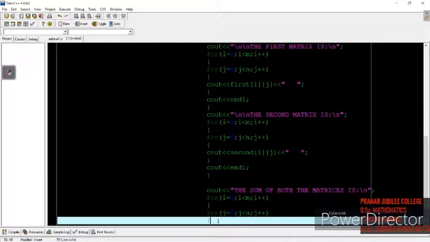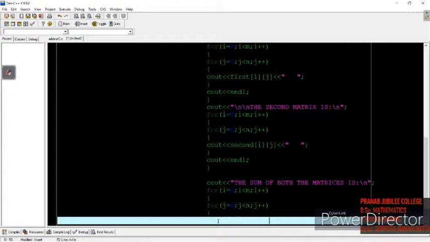For the first matrix, we consider the one index value plus the second matrix's one index value, which gives the result for one index value of the sum matrix, right? So at a point of time we are considering only one index, so I have to run the loop to take the element stored in one index at a given time.